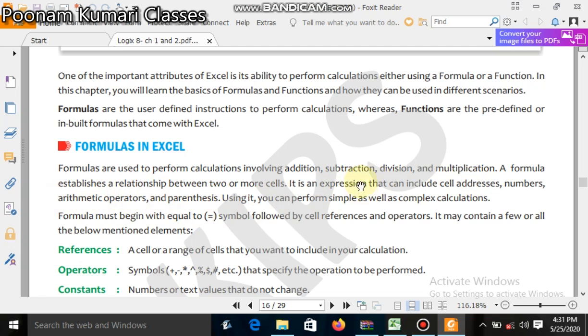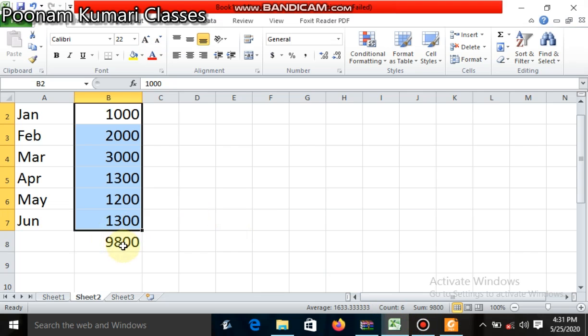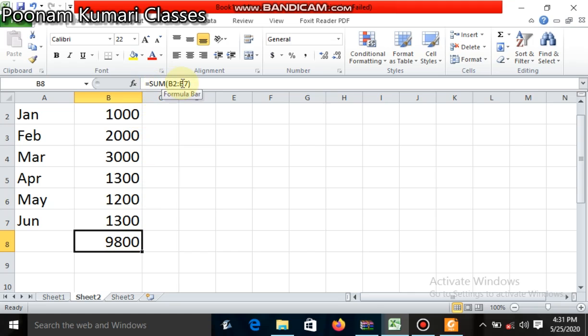So it is an expression where we give cell addresses. When we write a formula, we can write, for example, equals A2 plus B2 multiply 5. This is the cell reference we are giving, so that according to this it will do the calculations. For example, if I have given here equals SUM B2 to B7, that is your formula, and from B2 to B7 you have given the reference, meaning you want the sum of these cells.